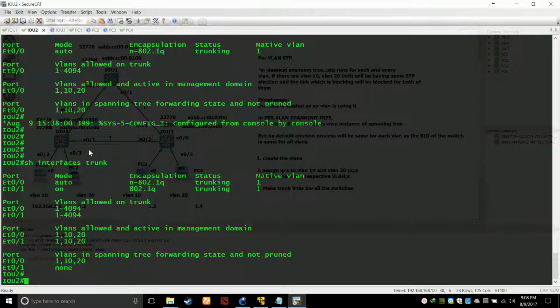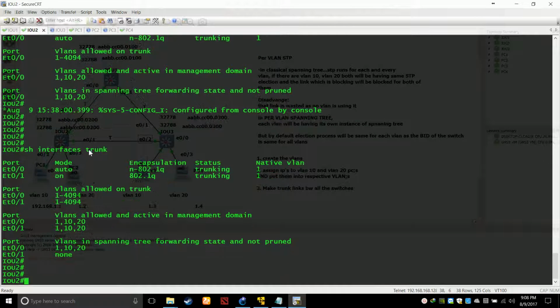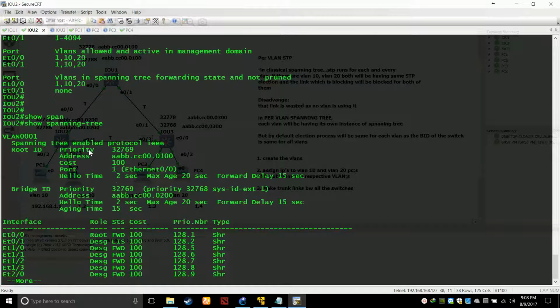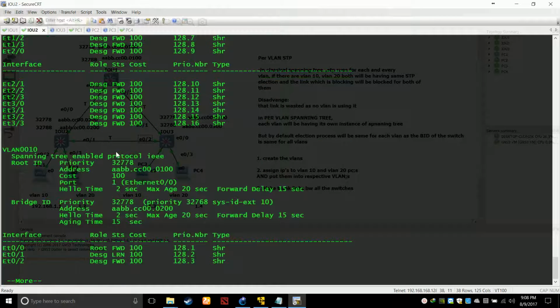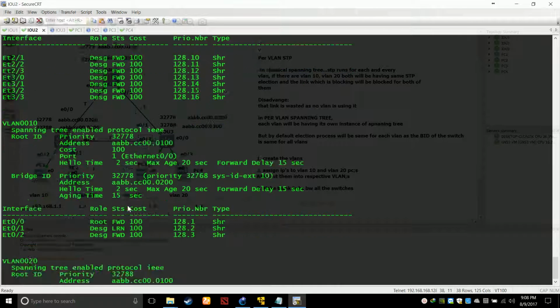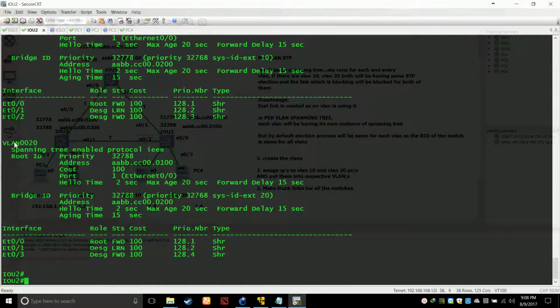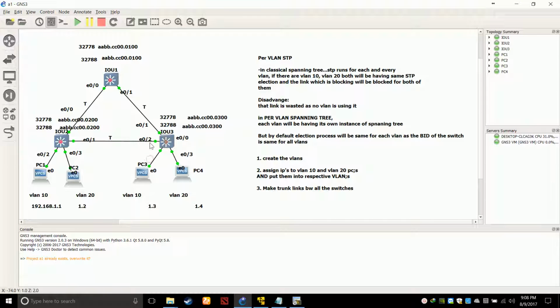Why? Because, simple as that, I told you spanning tree will put that port into blocking. Show spanning-tree. Okay, this is the root port, both are designated. So this port is blocking, I guess, E0/2. So it might be because of that only.